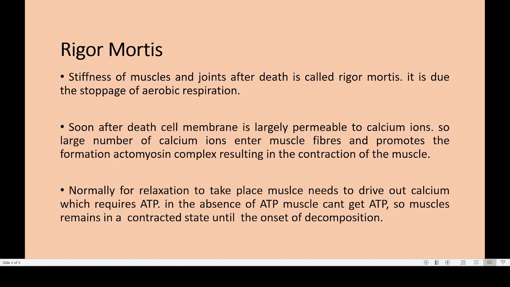So in the case of rigor mortis, normally what happens is that after death, the cell membrane becomes very permeable. Permeable means open. It will allow calcium ions to enter, and a large number of calcium ions will enter the muscle cell or muscle fiber, and that will promote the formation of the actomyosin complex. I will show you how